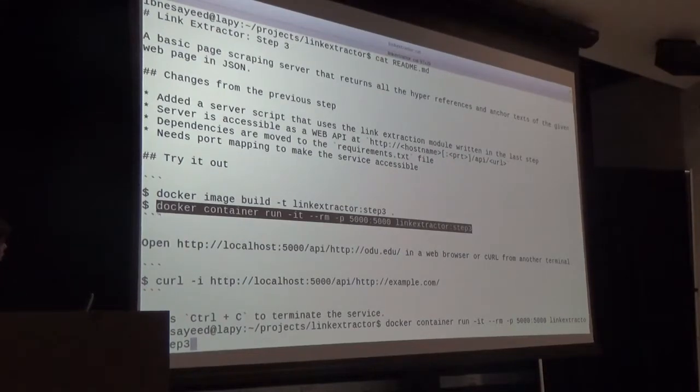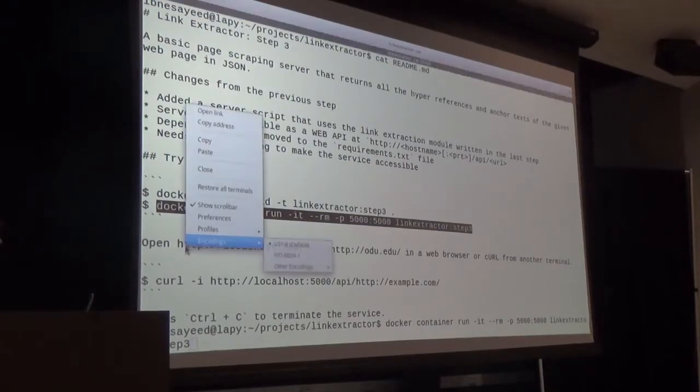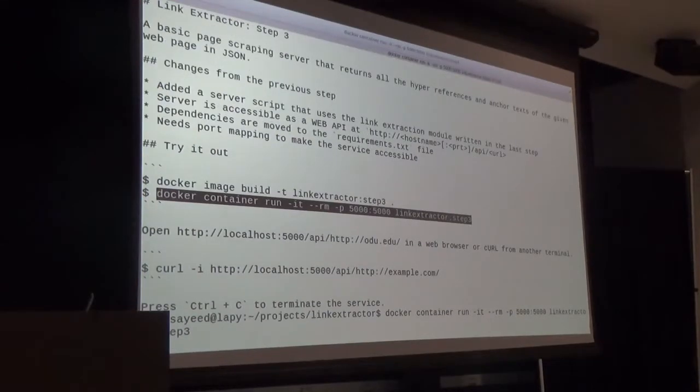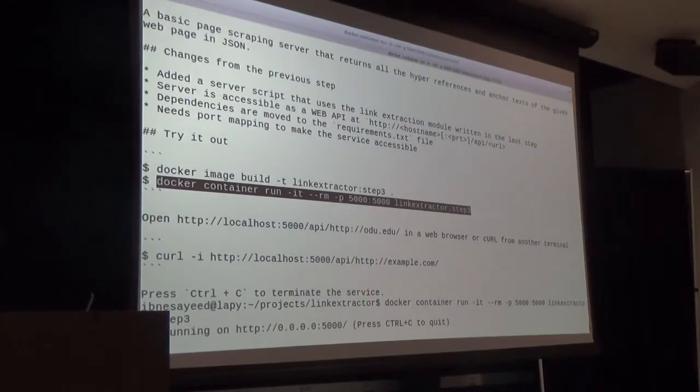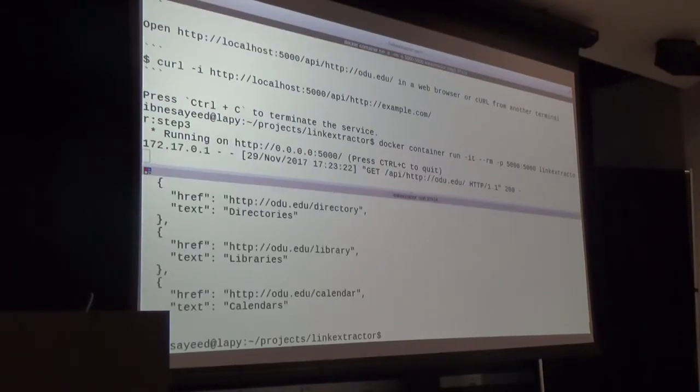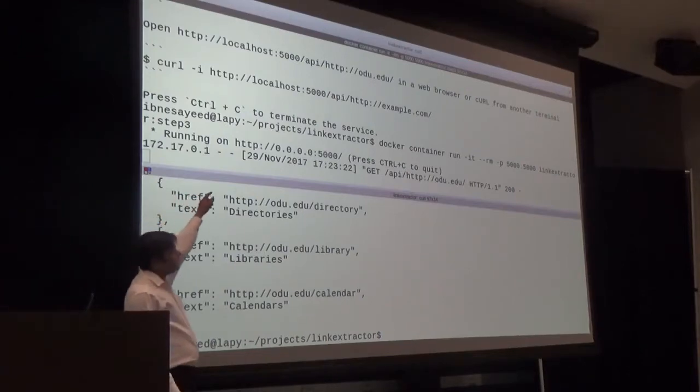let me copy this thing. Because now we are running a server, and we can talk to it. So the server is running in the container there, and the response is now coming